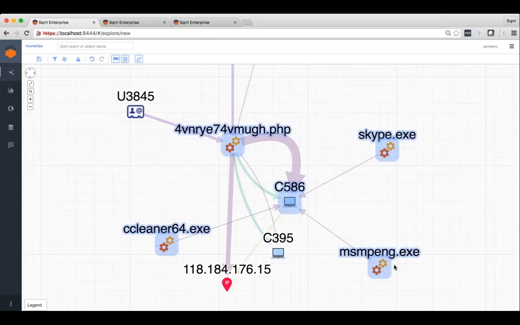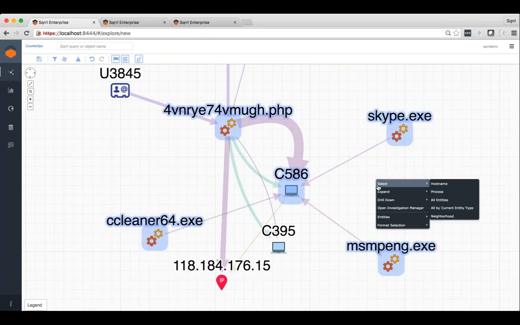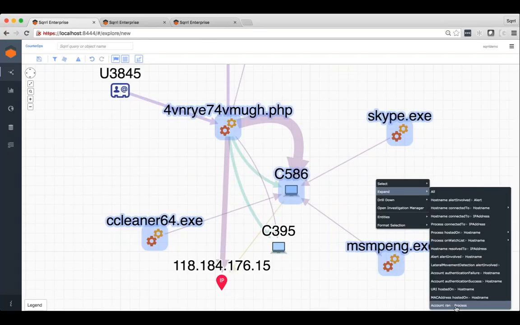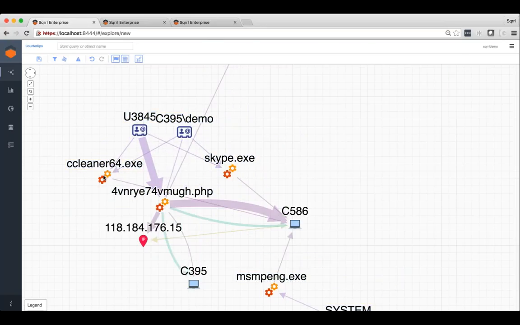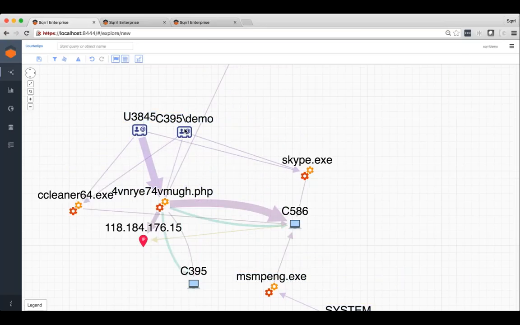the processes that I saw before. And one more step I want to make there is I can actually then see what accounts ran those processes. All right, so if we just rearrange a little bit, we can see, as we look for what's going on here, remember I told you to keep in mind that 3845. I can actually see that 3845 ran that PHP, but he's also run some other things, Skype. He's also run CC Cleaner, and I can see that this demo account on the